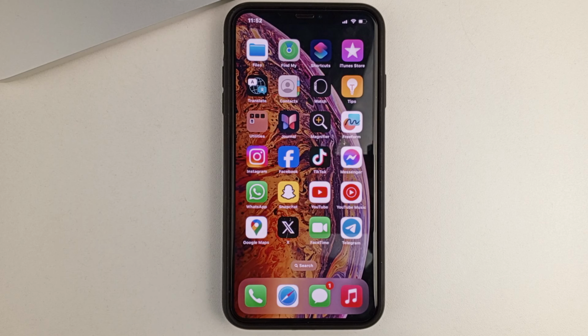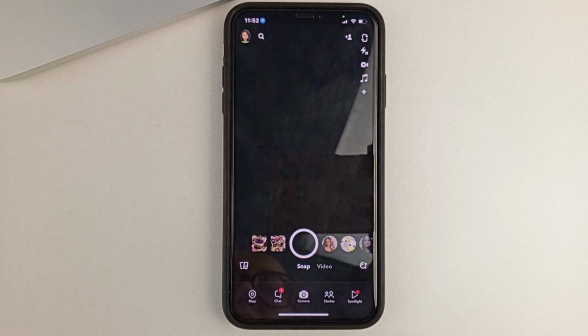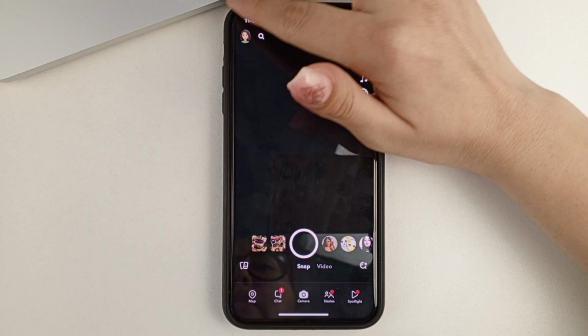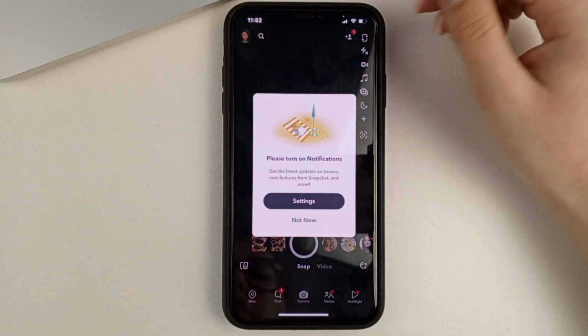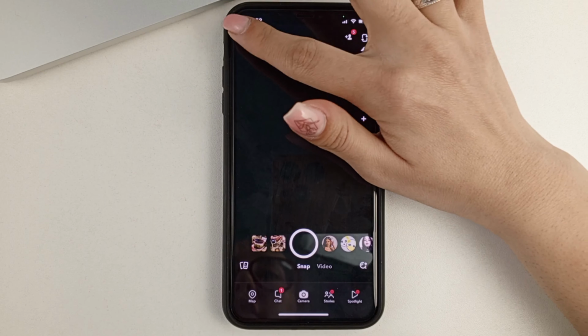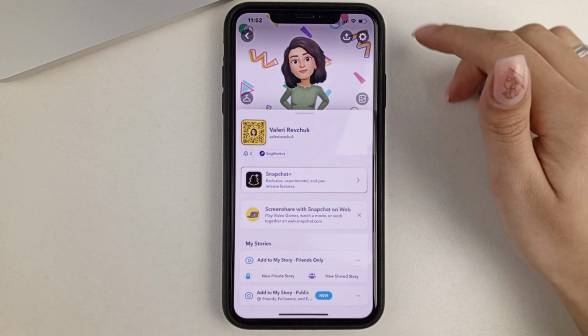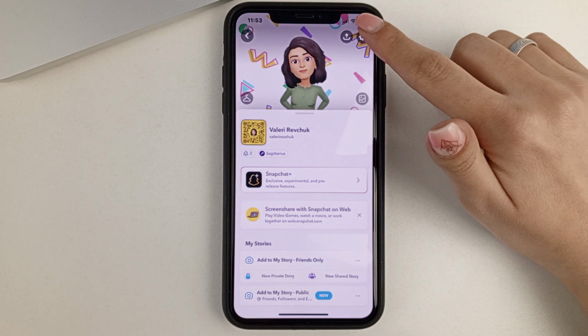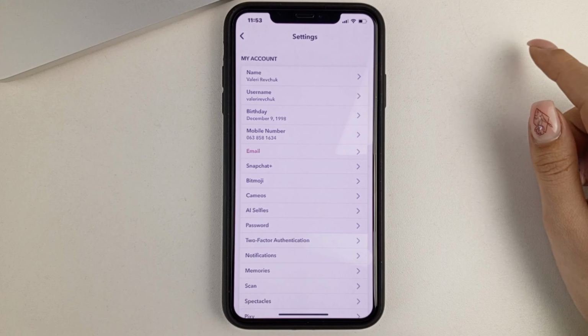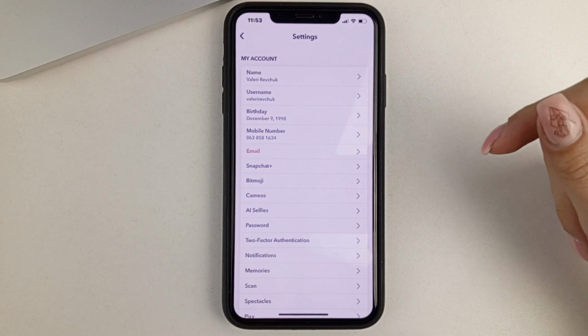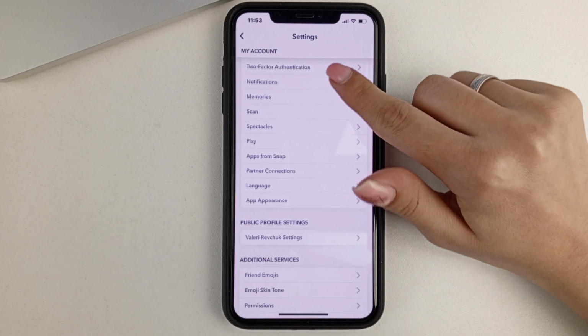So first, we're going to open up the Snapchat app. At the top, we'll go to our page. To do that, we're going to click on our avatar. Once on our page, we'll click on the gear at the top. Once we've got all our settings loaded,